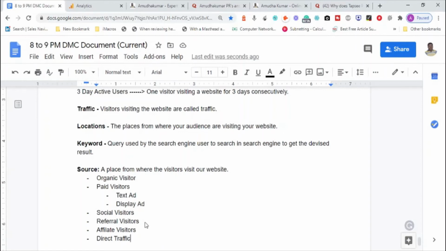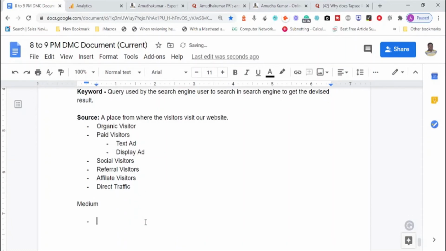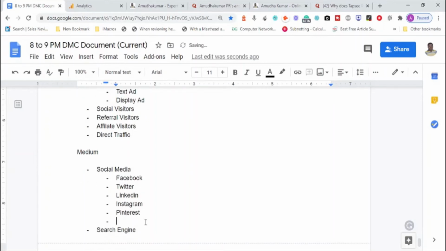So these are the different sources where the visitors can come from, and there is something called a medium. Medium is basically social media, search engine. Under social media, what are the different mediums that people come from? Facebook, Twitter, LinkedIn, Instagram, Pinterest, YouTube.